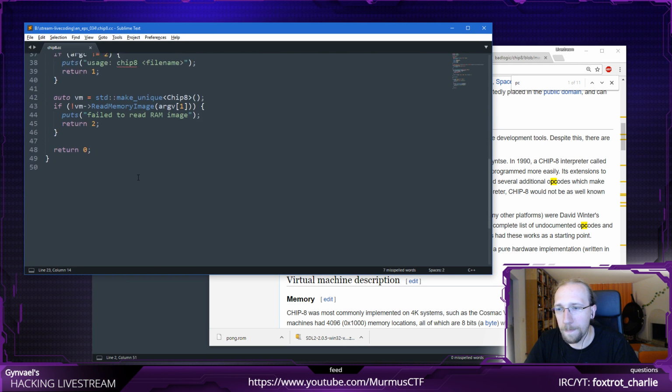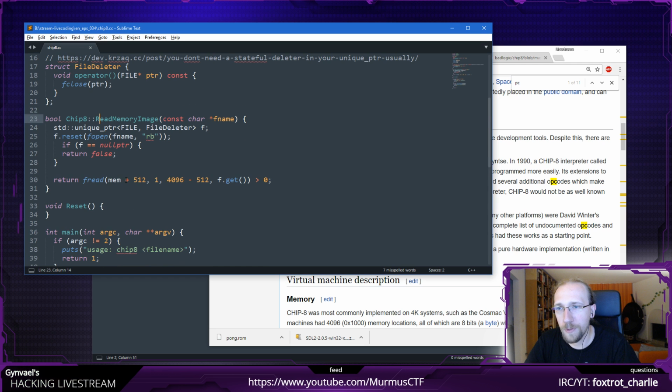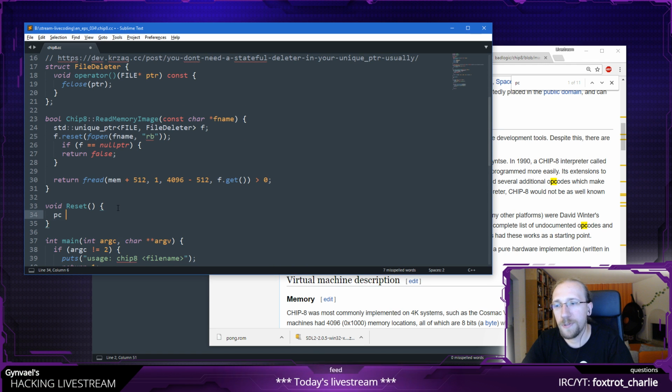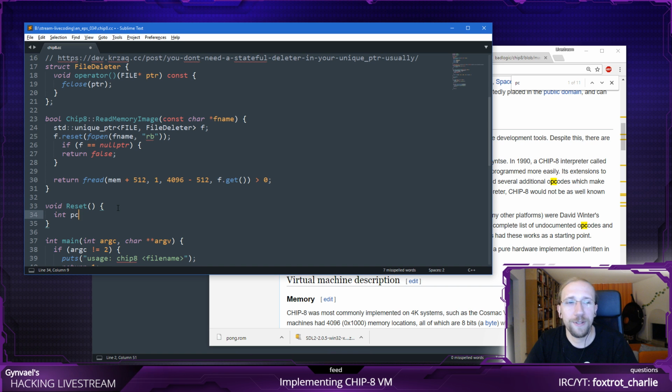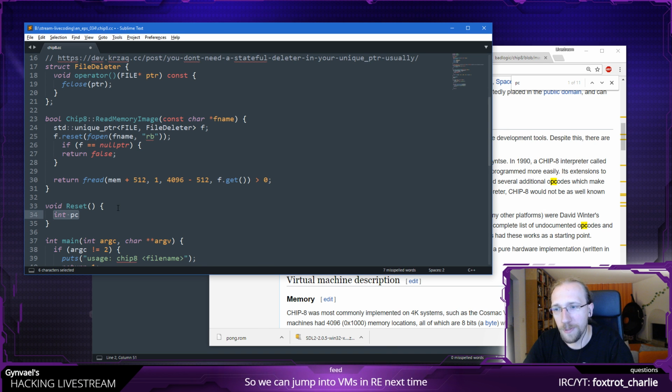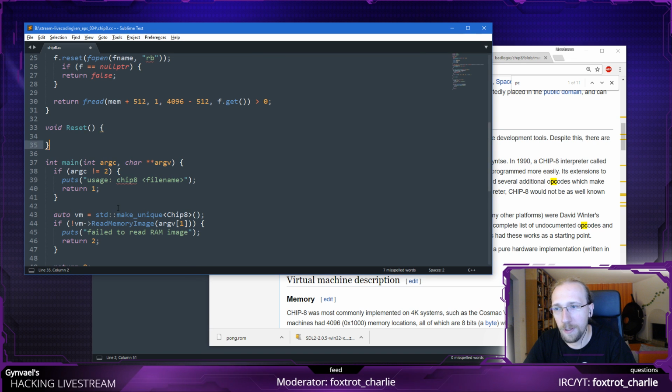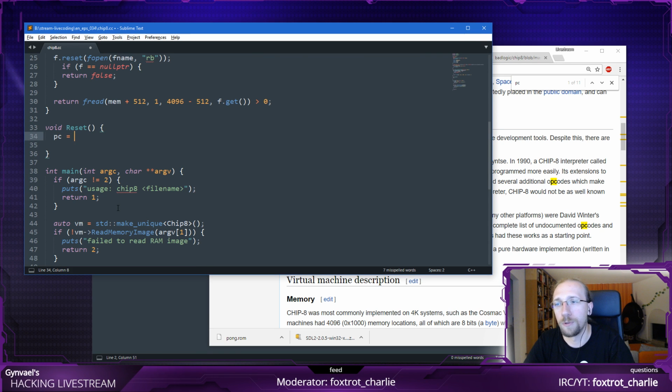Okay, going back to the reset, what reset is going to do is set the PC. You know what would answer my riddle? Actually disassembling the Pong. That will probably tell me really quickly what the addresses are just by looking at the jumps. Okay, so PC is here, and I need PC to be equal to... I'm going to assume it actually starts here.